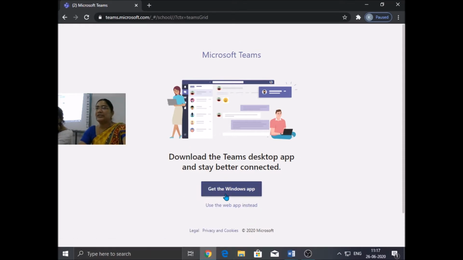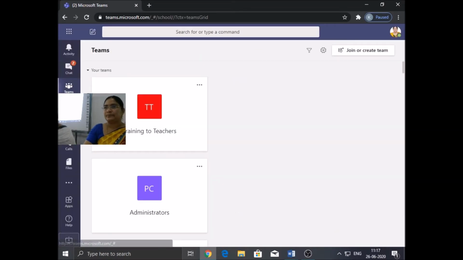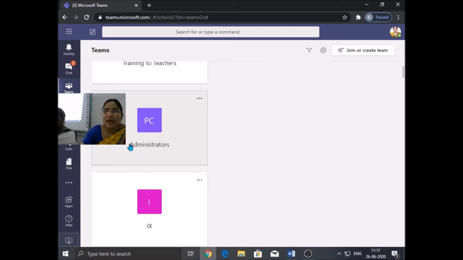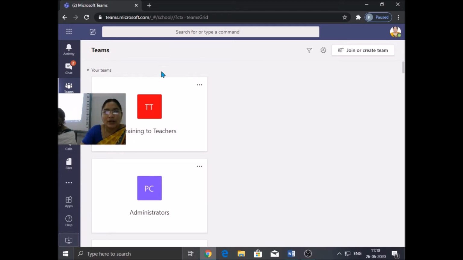Right, here you can see "Get the Windows app." Get the Windows app will allow us to download it for your computer. Otherwise, if you don't want to install it on your computer, because you are using some other person's computer, then you can go directly to the web app. Clear? So now once we have come to the web app, here I am creating one more team